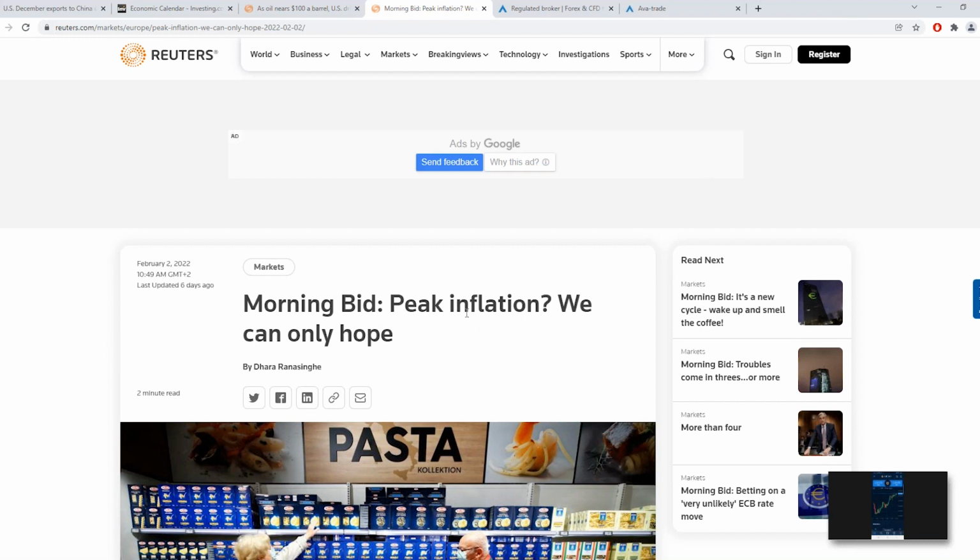And so there's some optimism that maybe inflation has peaked, especially since a lot of nations around the world are starting to say, hey, we'll pull back on the stimulus measures, we'll raise interest rates maybe up off of zero, gradually start to pull back on some of the stimulus measures to kind of slow the inflation down. And so there's hope that that's occurring, and maybe that's why when we look at the markets, the volatility index is down pretty much all day today.